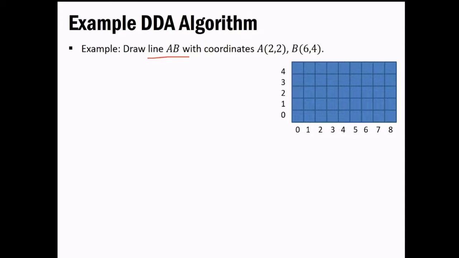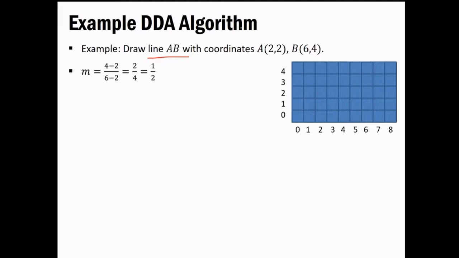So based on the information we have seen till now, you can say that it will be something like at this position, and then we have B (6, 4). So we have two endpoints, but in between we don't know the values, which are the intermediate points. Okay, so we need to know these points. So how will we be able to know? With the help of the process we have just seen. So basically what you have to do is calculate the slope first of all. Okay, so how do you find the slope? That is x2 minus x1 and similarly y2 minus y1. Okay, so by this we'll be getting the slope.